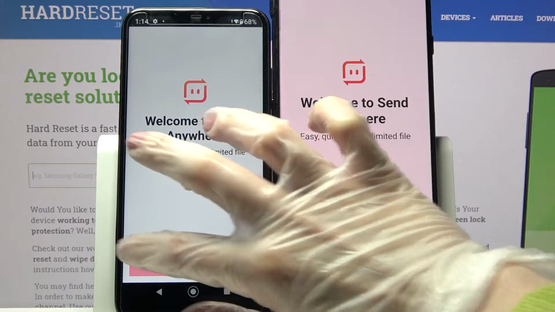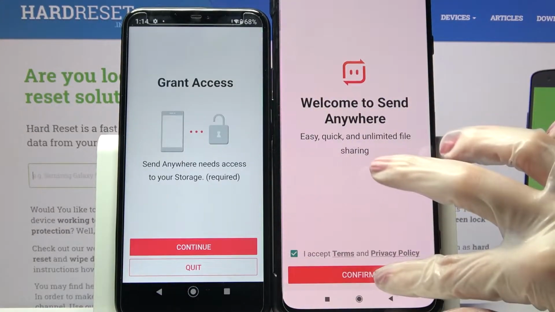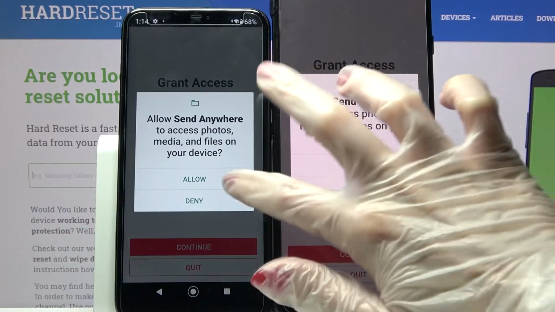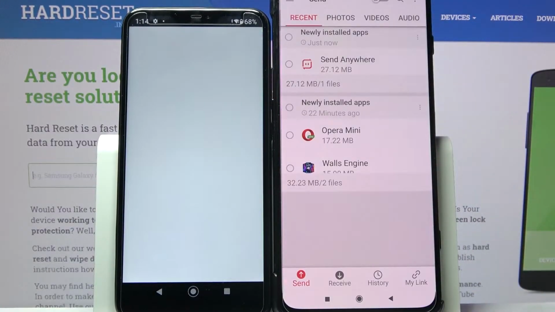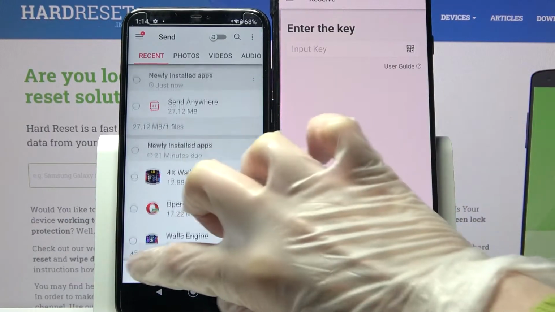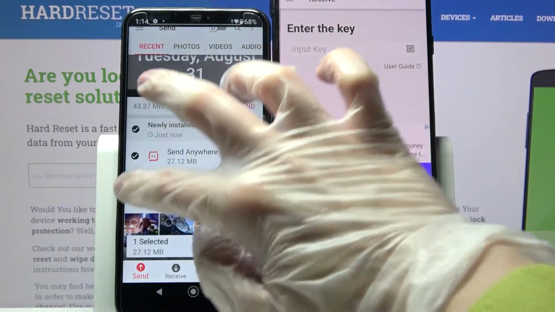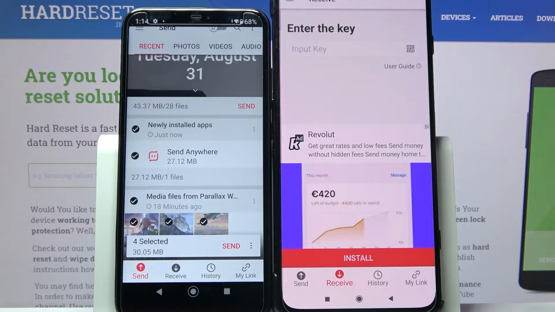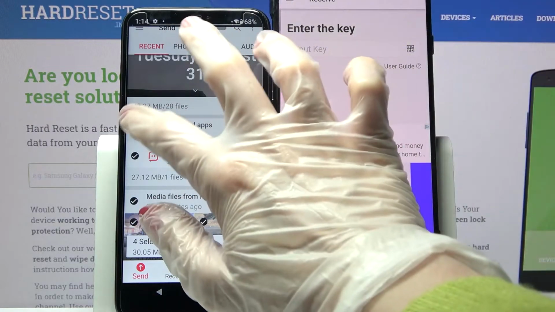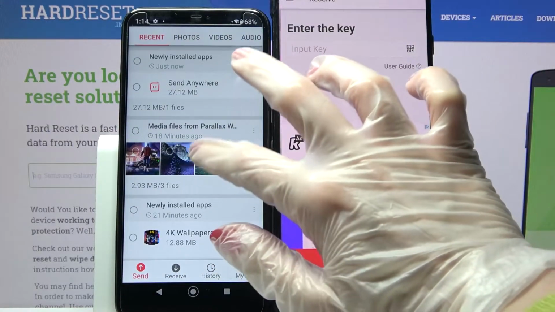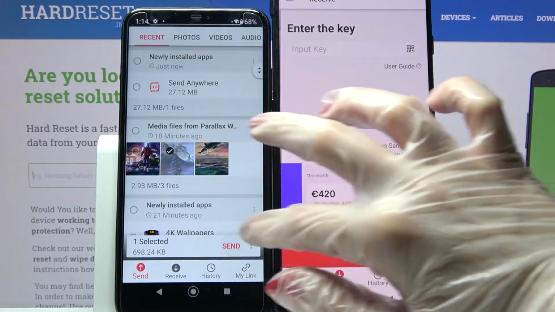Now select I accept, confirm, continue and allow. Then you need to select Receive on an Android and Send on Xiaomi. Then tap on all of those kind of dots and select Send in order to transfer all of your data. It will take a while though, so I will only click on this one photo, choose Send and click Got